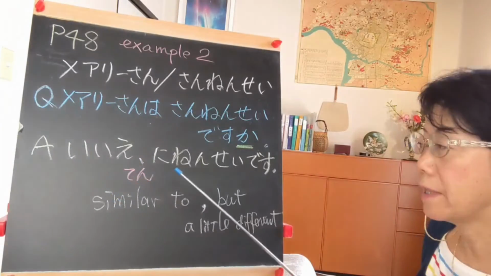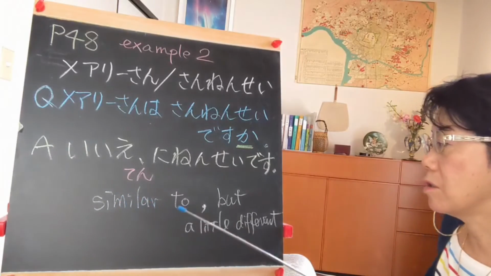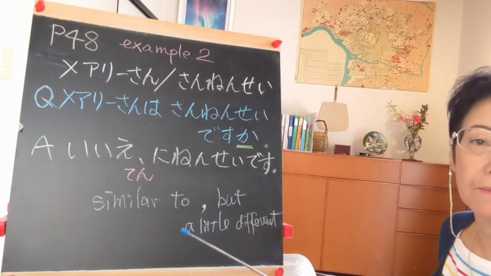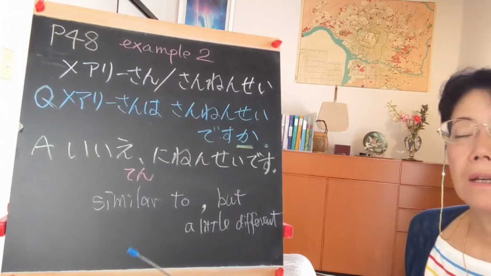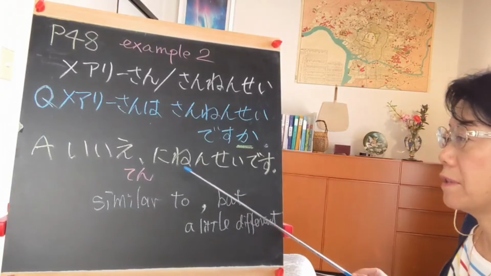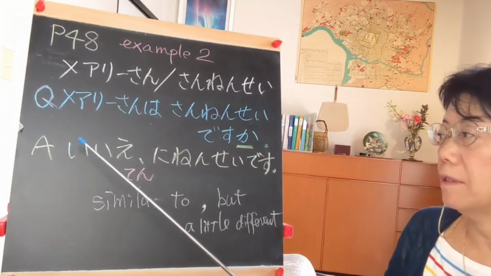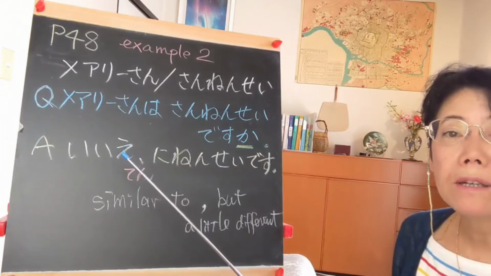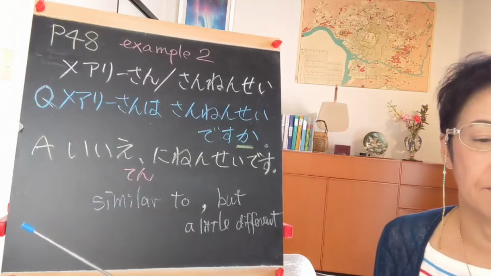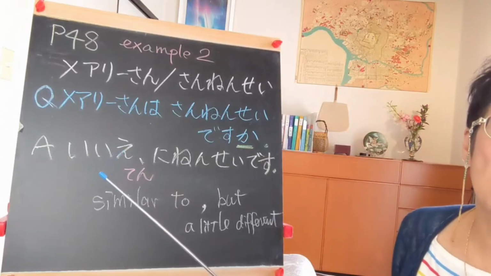And you can see this mark. This mark we call 点. It's similar to English comma, but a little different. 点 is a breathing point. いいえ, stop and breathe. 2年生です. Okay, let's try